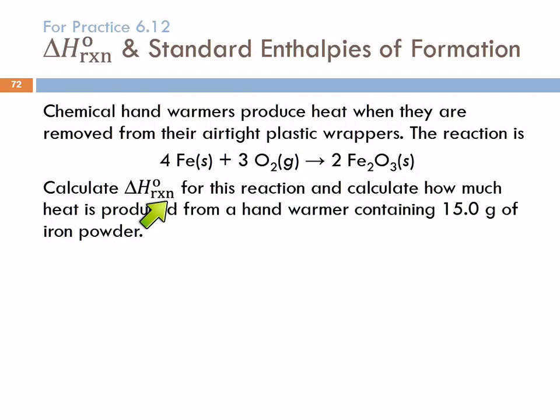So we're asked to calculate the standard enthalpy of reaction for this reaction, considering that we have a hand warmer with 15 grams of iron powder. So let's look at this reaction. How would we calculate delta H for this reaction? Well, we take the heat of formation of the product times 2, and we'd subtract the heat of formation of iron times 4 and the heat of oxygen times 3. Those are both elements, though, aren't they? So delta H for the reaction as written